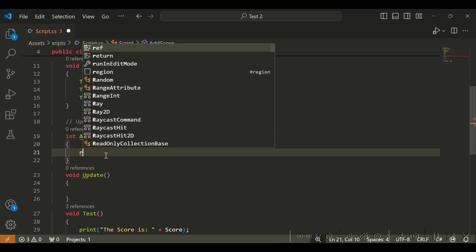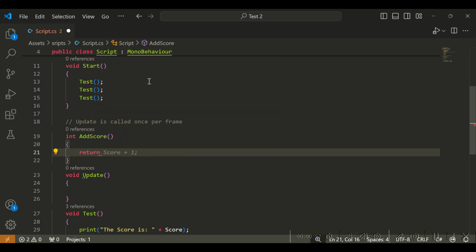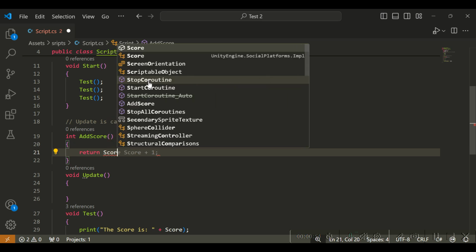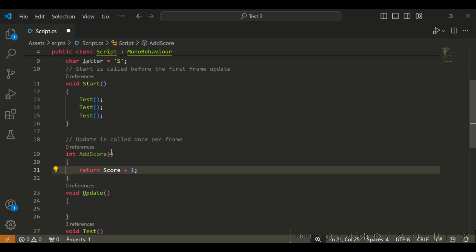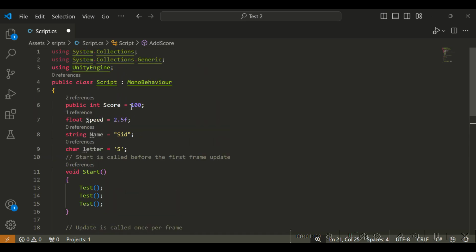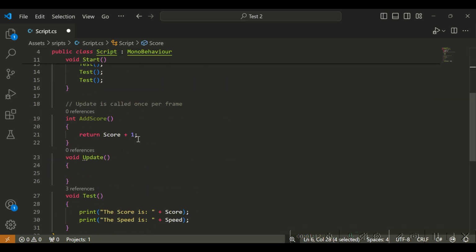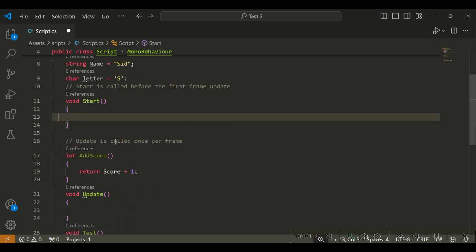So now you have to type return score plus 1. So this will increment the score. This will return the number, score plus 1. So score is 100, so it will add 1 to score, which will give 101. So I'll just delete these test functions there, and